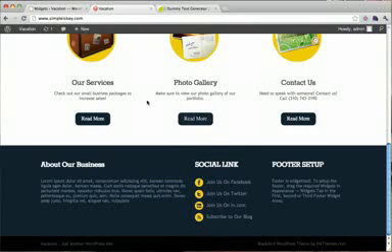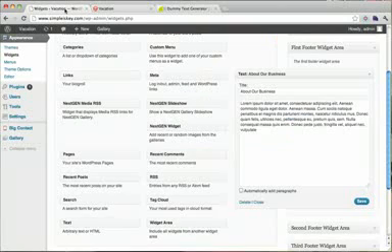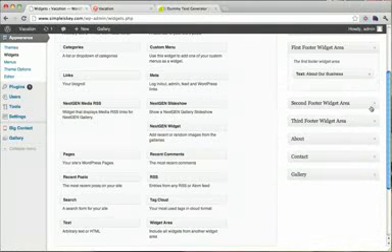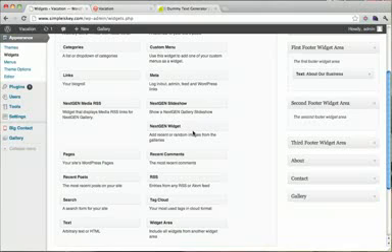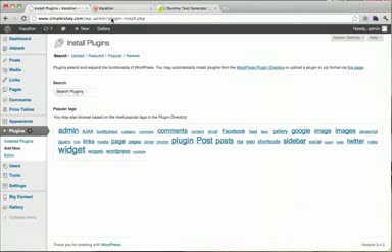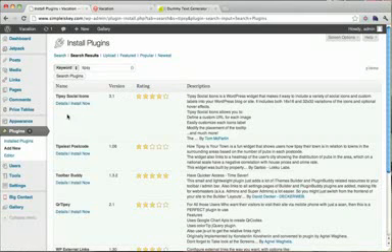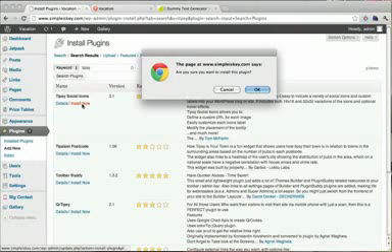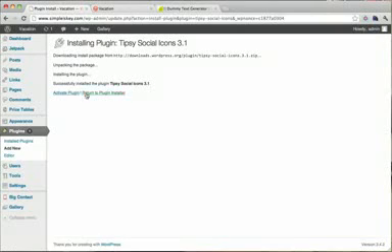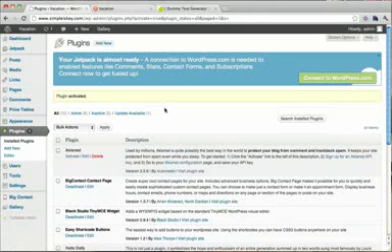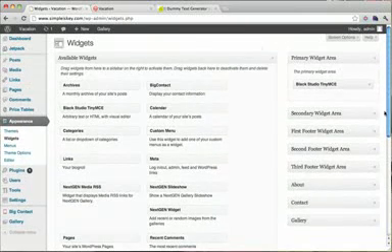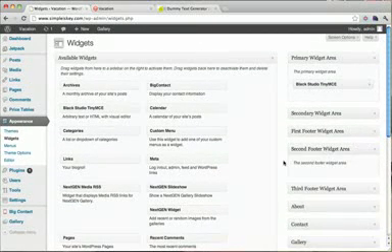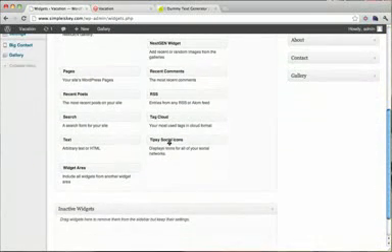Okay, next, social links. How do we put some social links in there? Alright, we could do that by downloading, once again, a plugin. So we're going to go to Plugins, Add New. This one is called Tipsy. It's a social icon plugin, and just install now. Okay. Activate it. Once we activate it, we can go back to Appearance and then Widgets,